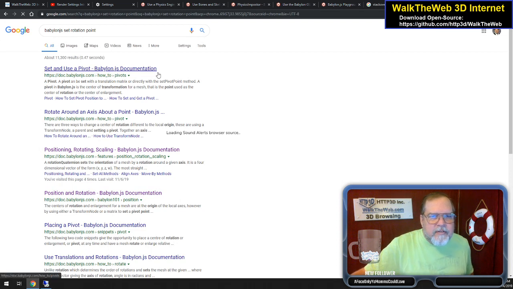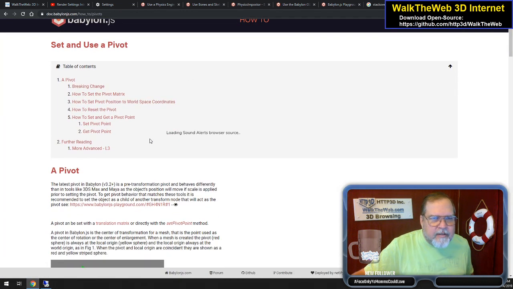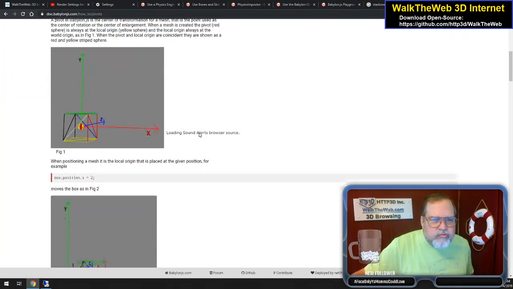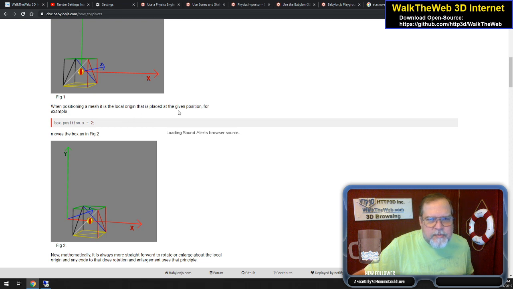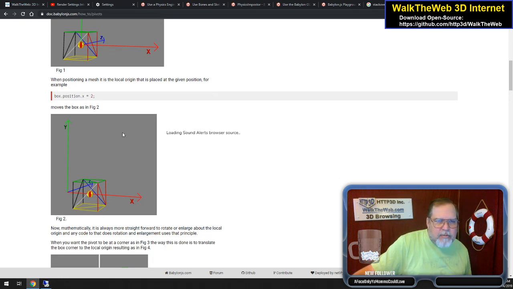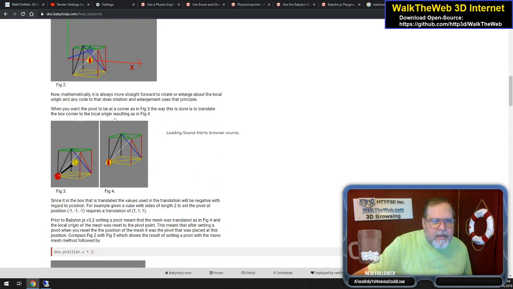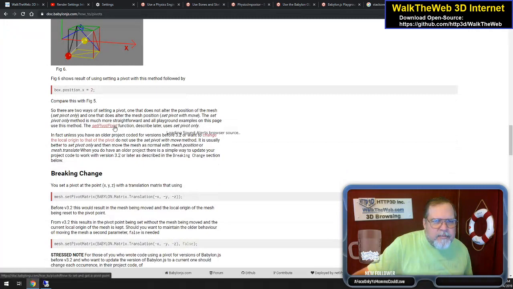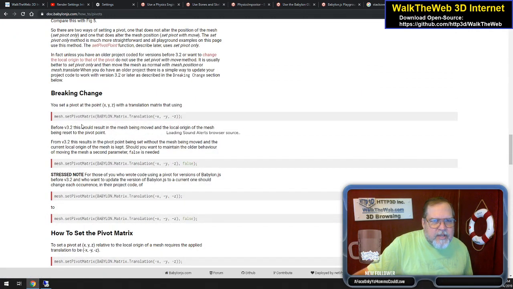Set and use a pivot. There we go. Let's do some direct how to set the pivot matrix. Position as its local origin is placed on the given position. Okay. Now, mathematically, box position equals 2. Mesh set pivot matrix, translation to a new point. You set the pivot at the point XYZ with a translation matrix using this. Then